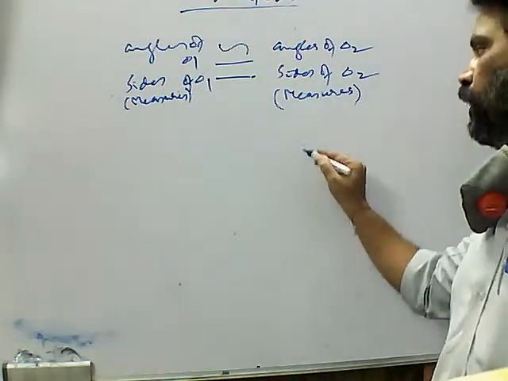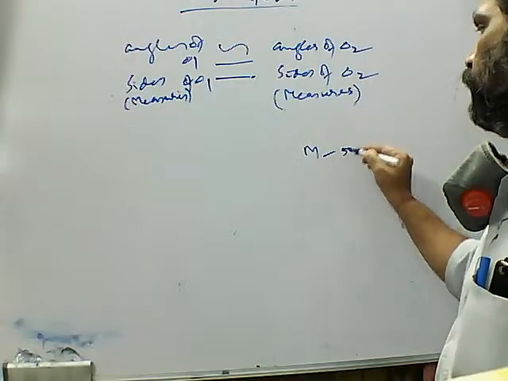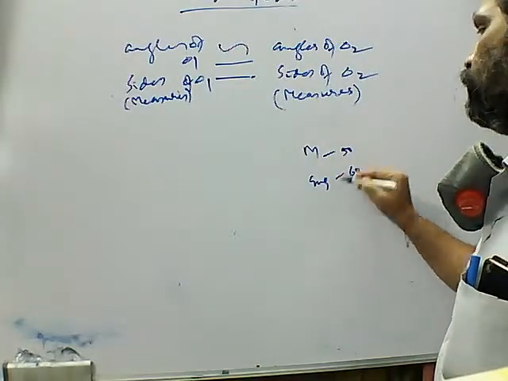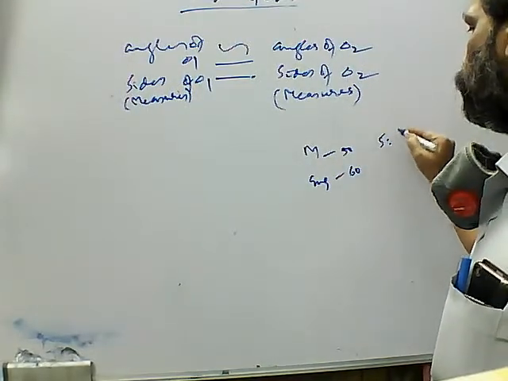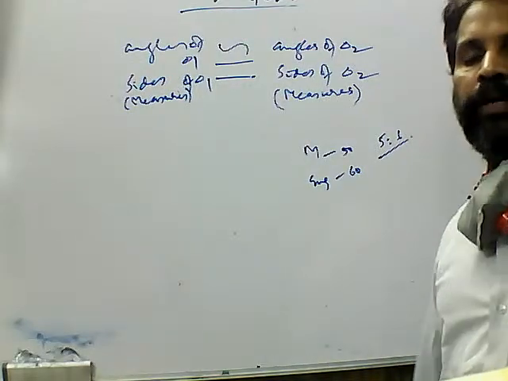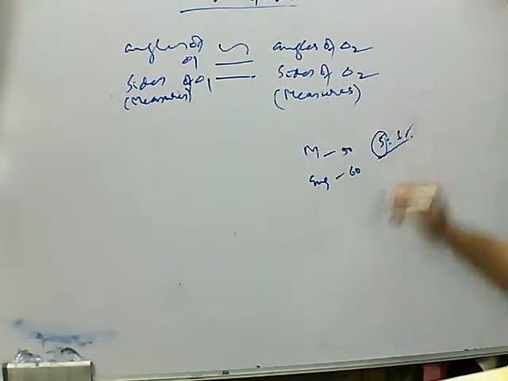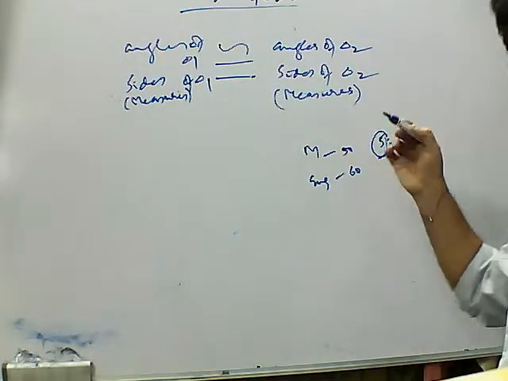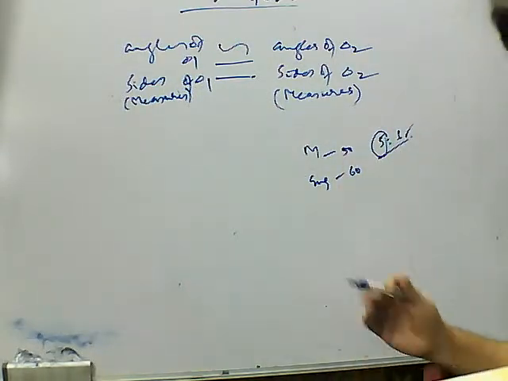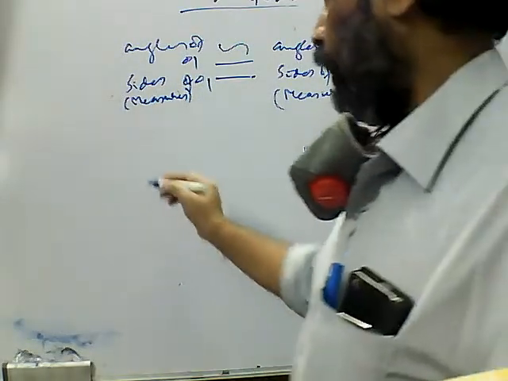Suppose I have a subject correspondence, that if I get maths 50 marks, then I'll get English 60 marks. So the ratio 5:6 is my ratio. There is a correspondence between my maths and English performance. So if I know maths marks, can I find English marks or not? If I know English marks, can I find my maths marks or not? Because they are related. Same way, in a triangle,